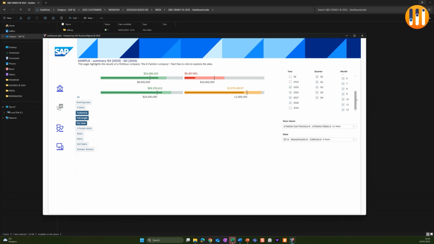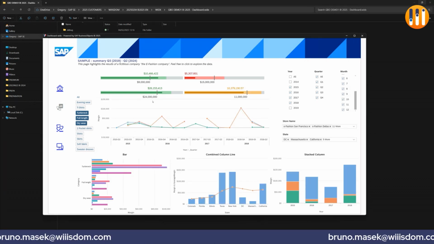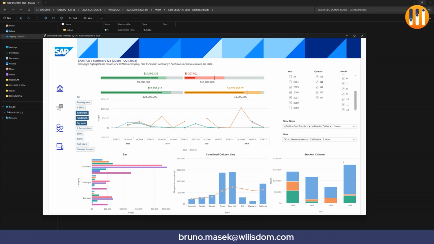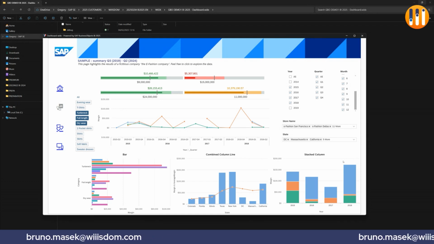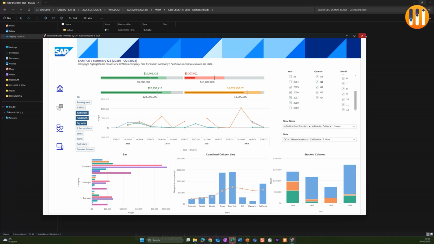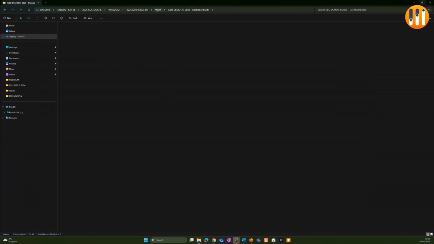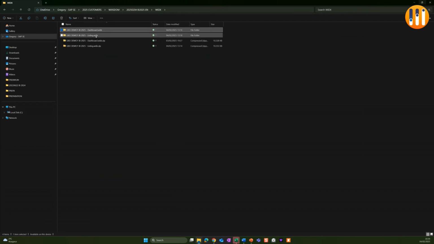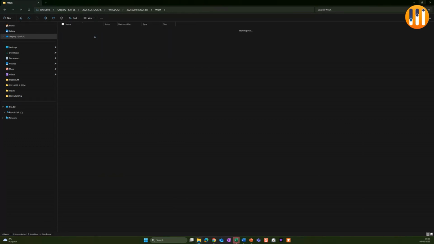This is totally interactive. So this is one version of the previous dashboard I showed you, but this one is completely disconnected. If I wanted to go offline, this will continue to work. If I transfer this to my mobile, this will continue to work without Business Objects. That's the beauty. And I would like to open the second version,